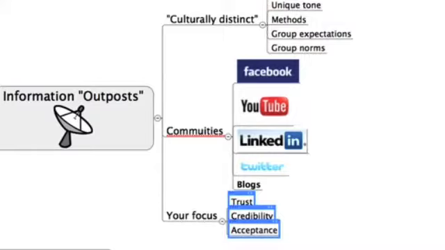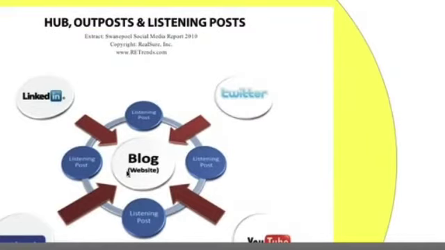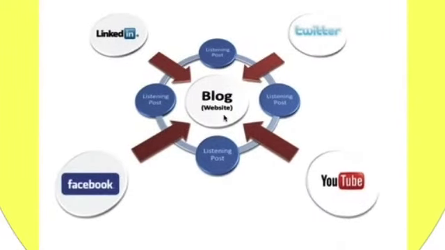So as you look at this hub and spokes framework with its outposts and its listening posts, consider the center of your influence, that being the hub, as a focal point of your online networking activities with all other platforms placed along the periphery like outposts radiating from the hub. Meanwhile, the in-between spaces are populated with these blue bubbles. These represent listening posts, or extensions that function as necessary activities that clue you into the tone, trend, and volume of conversations that relate to you, your brand, or your niche. This involves such activities as establishing search alerts through the use of online monitoring tools like Google Alerts and RSS feeds, and the results page of keyword searches in various communities where your potential customers engage.